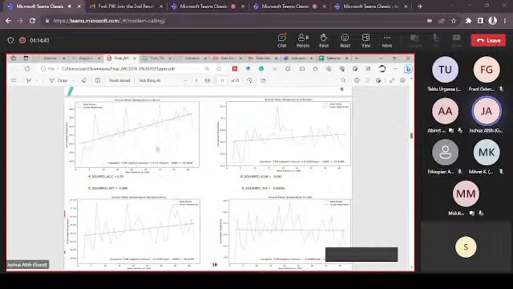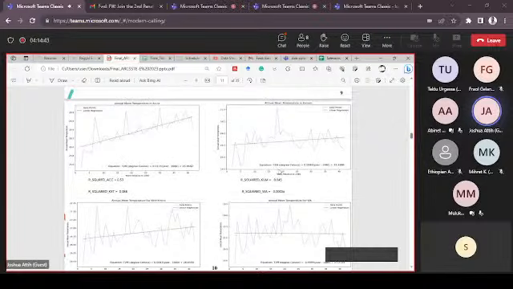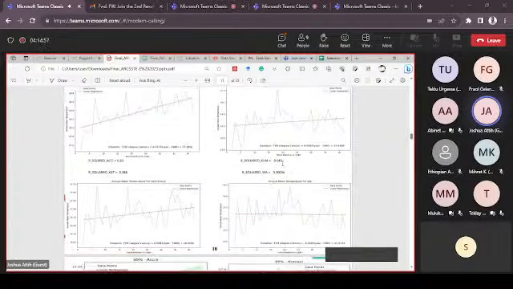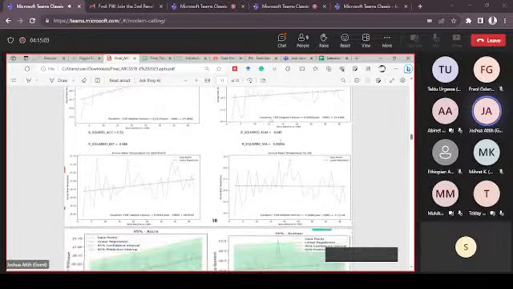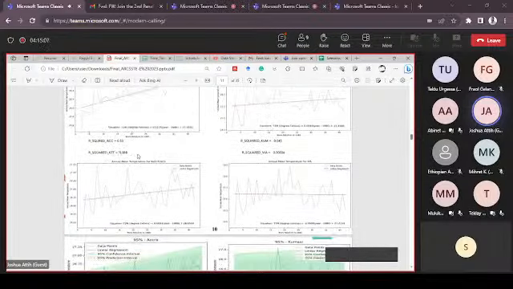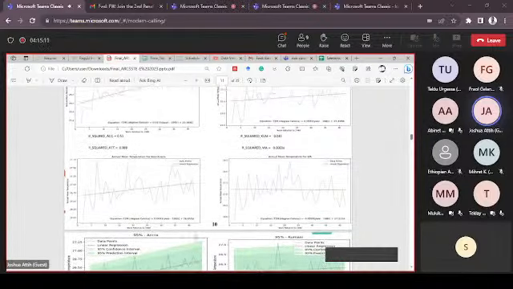For the second city, the linear regression model did better, providing a root mean square error of 0.45. And then we saw the root mean square error for the third city to be 0.08